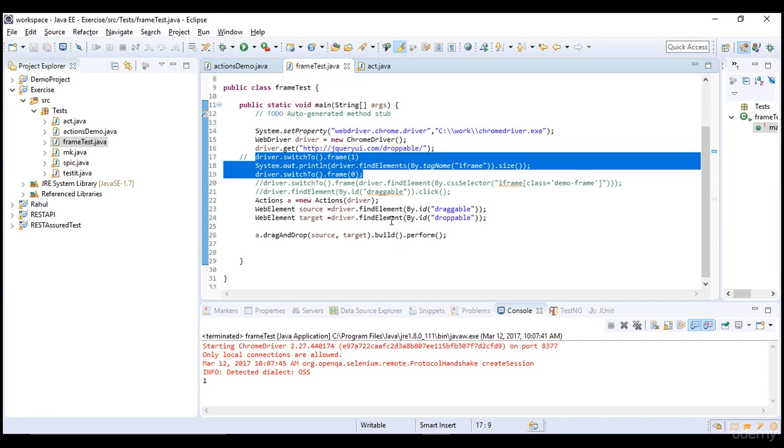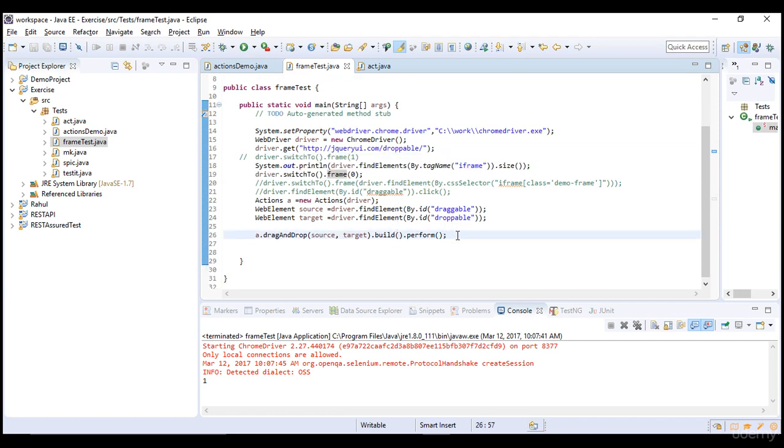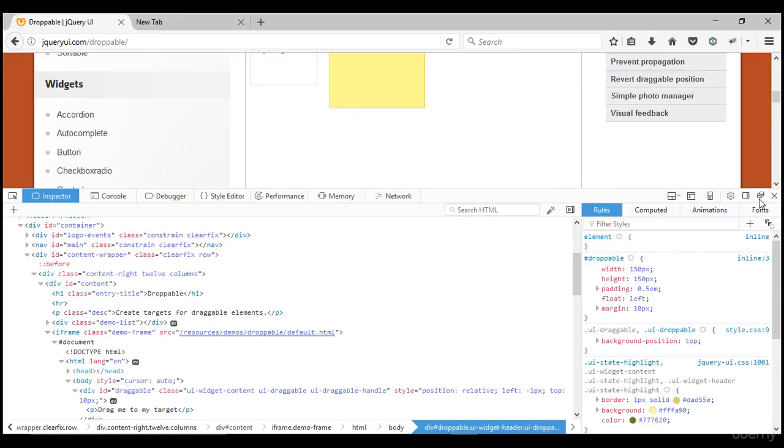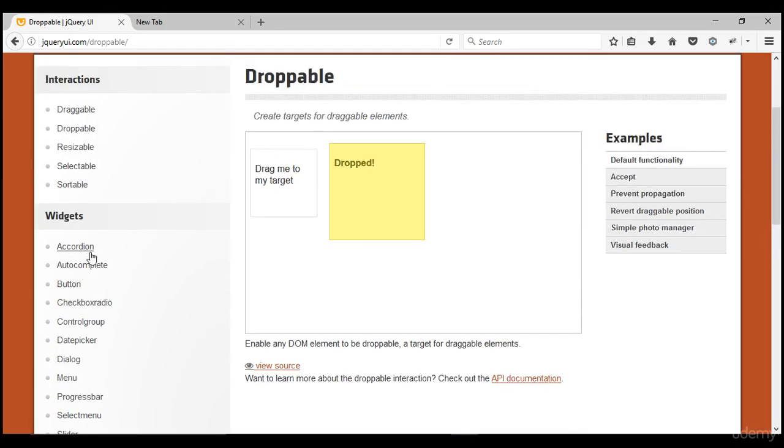At the end, last but not least, once you are done with that work, if you want to perform any other action outside of this frame, WebDriver will not switch automatically. Let's say after dropping here, I want to click on this accept link. But when you do that, the script will fail because WebDriver is still assuming that I was in that frame only, and it always tries to identify elements in it whenever you ask for anything.